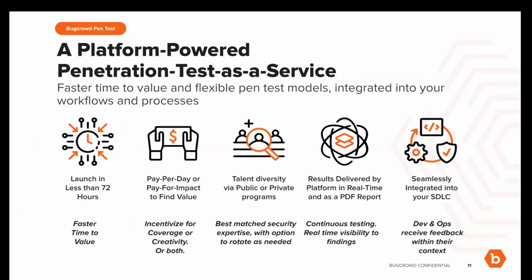So again, let's look at each one of these a little bit more in detail and understand why and how we do it. So with Bugcrowd, a penetration test can be launched in as little as 72 hours. So it's faster time to value. How do we do it? Bugcrowd does not have a bench of pen testers that are staffed for many customer engagements. Instead, we use what's called our CrowdGraph and CrowdMatch technologies underneath the hood, which is constantly graphing